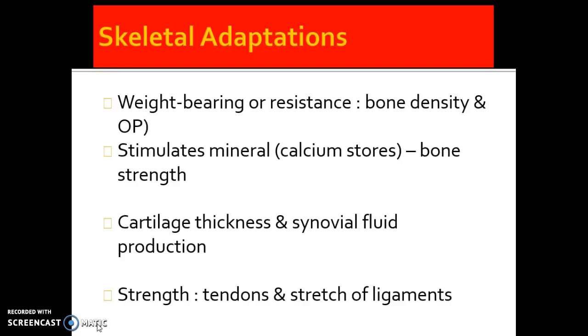The skeletal adaptations to a period of training are that there'll be an increase in the thickness and the strength of tendons. There will be increased flexibility of ligaments, so they become more stretchy, and there will be an increased range of motion in the joints. So having stronger tendons and more flexible ligaments